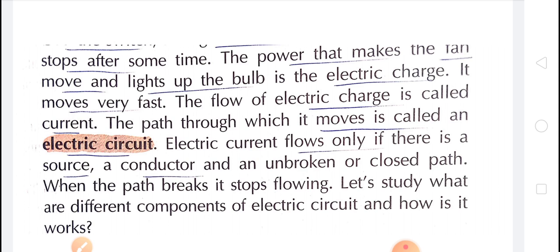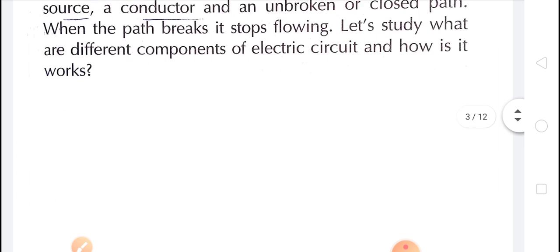Now children, electric current can flow only if a source is there, and an unbroken or closed path is there, meaning a closed circuit. In an open circuit the current will not run. Only in the case of a closed circuit will the current run. We'll also discuss open and closed circuits. First of all,